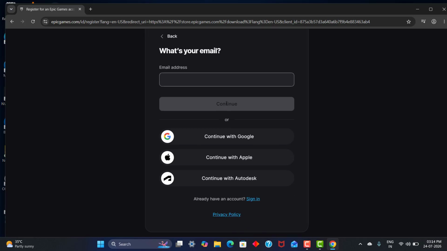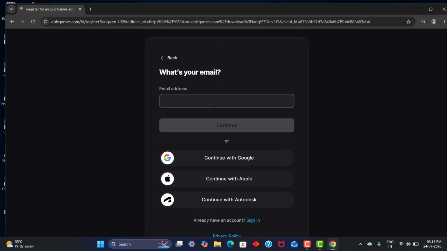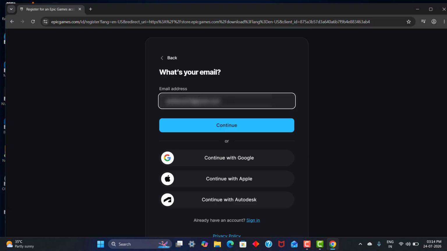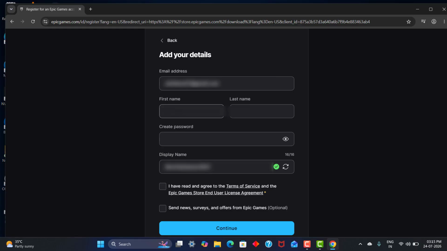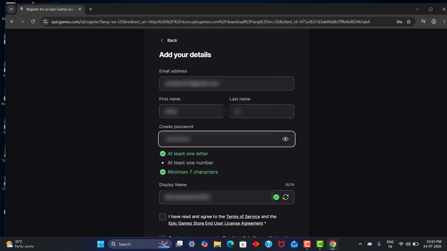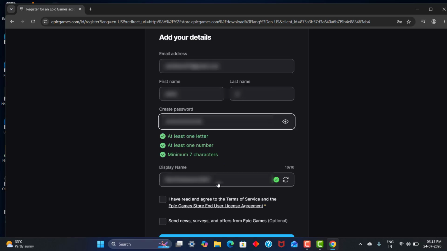Enter your email address. Depending on you, you can also go with other sign in options. Once entered, you need to click continue and add your details. Once complete, click continue,